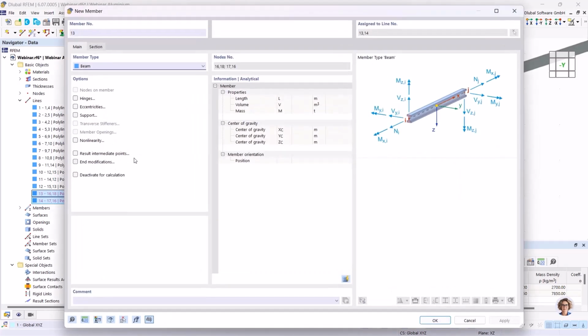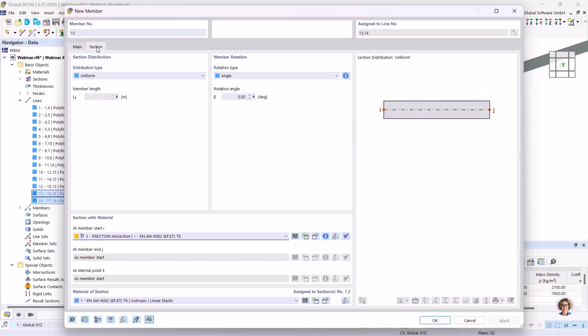And I choose here, or I have to create here a new cross section, and this should be the welded rectangular hollow section. To do this, I open